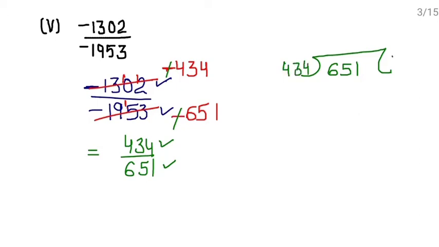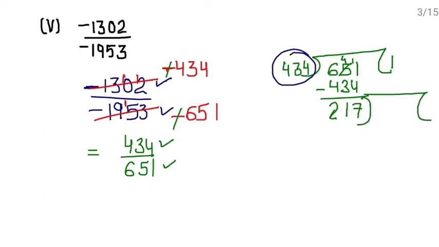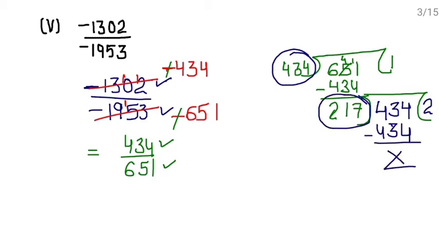So 434 ones are 434, subtract: 4, 11 minus 4 is 7, 4 minus 3 is 1, 6 minus 4 is 2. Now the next step is to make the sum here. We do this, right? Now this will be our dividend, 434. Now 2 2s are... 2 7s are 14, 2 1s are 2 plus 1 is 3, 2 2s are 4. So what is the HCF here? 217. So this number as well as this number will both be divided by 217, right?